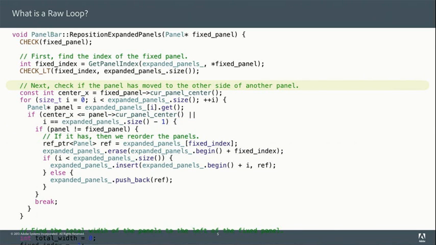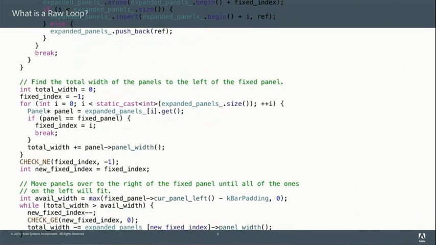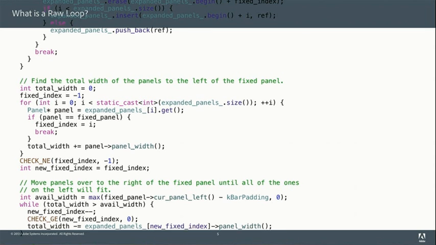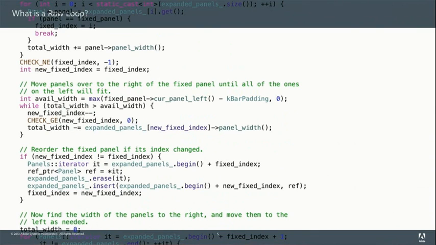I've got these checks here that look to be redundant. I've got a comment here that really doesn't tell me what this loop is doing. Okay, so next we're checking, but in the middle of the loop we're doing an erase and an insert. I don't know how that's a check. Okay, but this isn't the whole function, right? If we go down, we'll see we've got another loop, and another one. And another erase and insert here in a conditional. I'm just going to call that out for you.